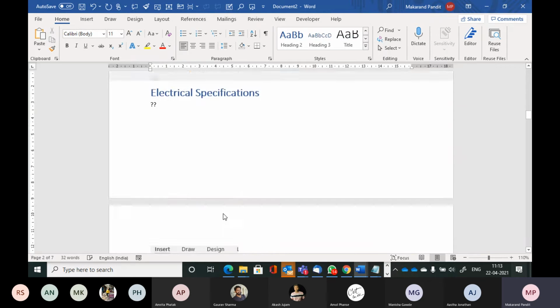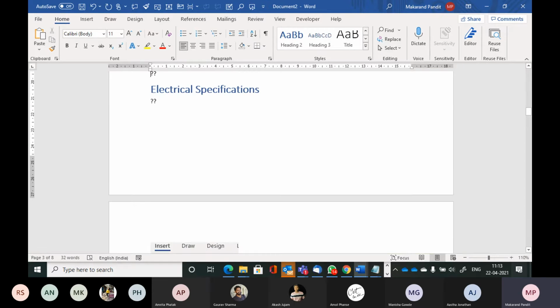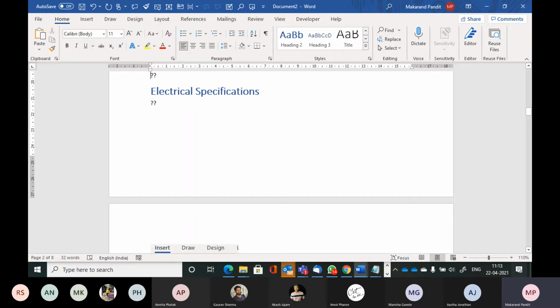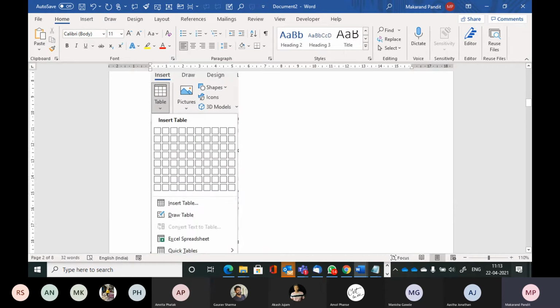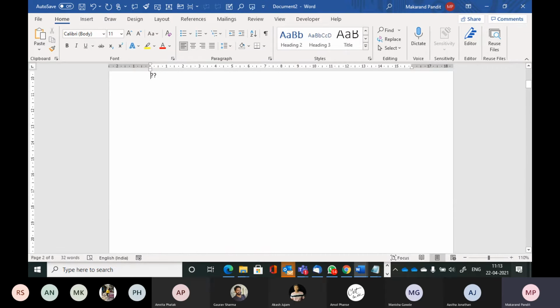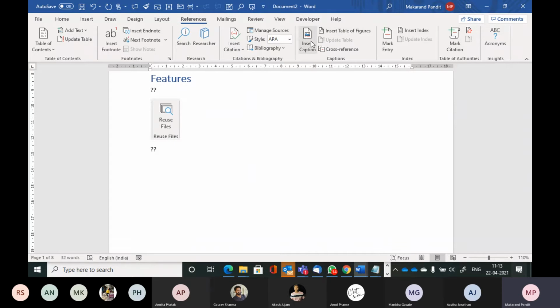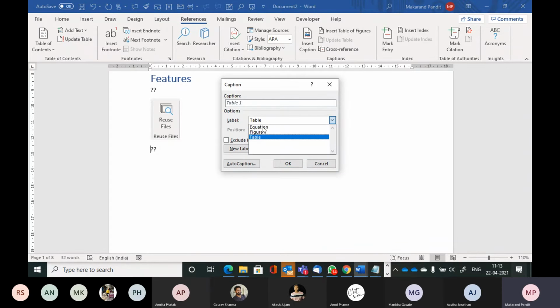You can, but don't do it exactly like this. So do it only one loop at a time. First, create all the headings, then put all the placeholders, then put all the screenshots. So let's say now I have put all the screenshots. Now for every screenshot, what will I need? I'm going to need a figure caption. So I'm going to say references and insert a caption, and it will be a figure caption.